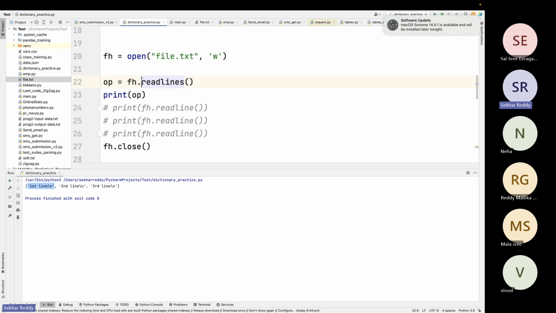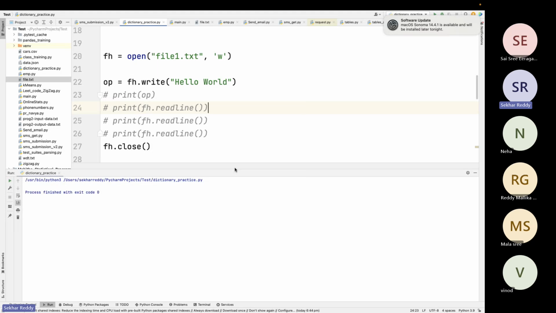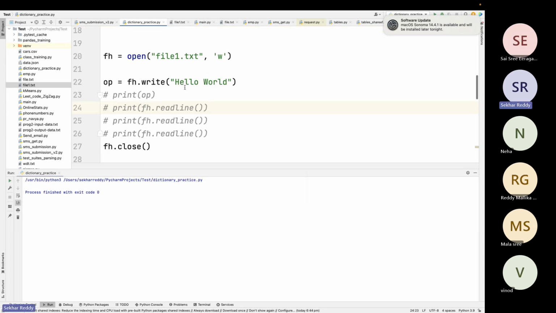Write fh, like I'm taking file1.txt, fh dot write hello world. ఈ విధంగా రాశాను and I have closed that. See, the moment I execute here file1.txt will be created. See, file1.txt created and hello world came into this. Now if I write one more line here, hello world,